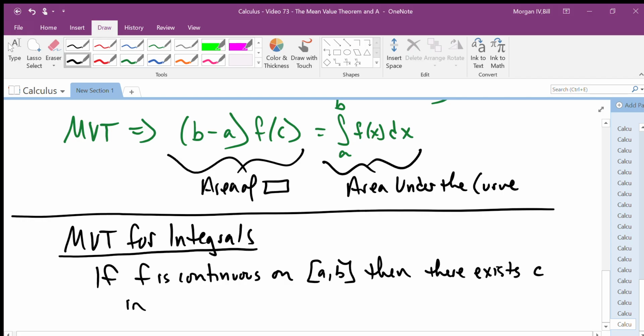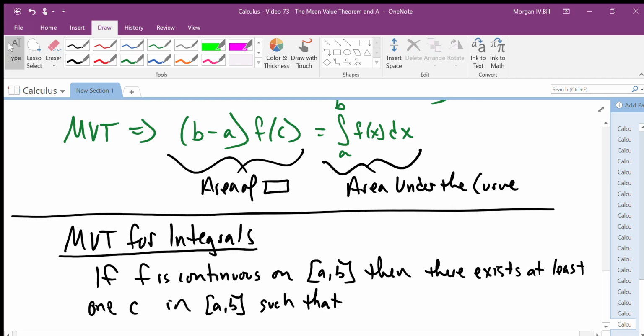It probably should be there exists at least one c. It could actually happen multiple times. There exists at least one c in the interval a to b such that